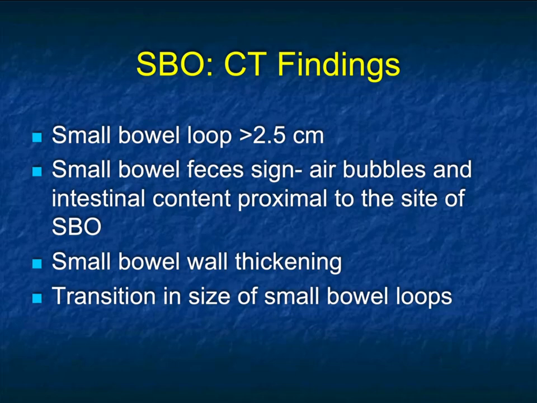like. We look for a small bowel feces sign, which is easier to show than to describe. It's air bubbles and intestinal content proximal to the site of SBO. Now, yes, you can get a small bowel feces sign in a patient with malabsorption syndrome, a patient with cystic fibrosis, but usually it's a really good sign showing you where the transition point is. We look for bowel wall thickening and then, of course, looking at transitions. Dilated versus collapsed bowel. Where is the transition and why is there a transition are things we, of course, need